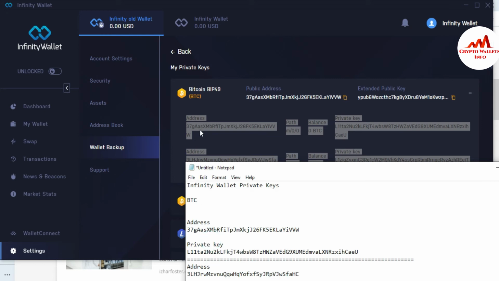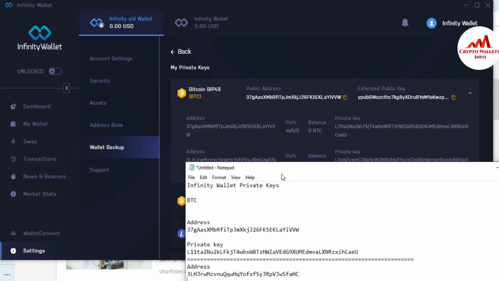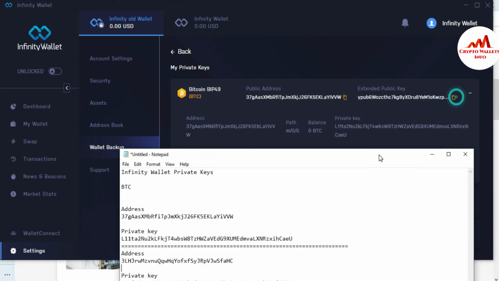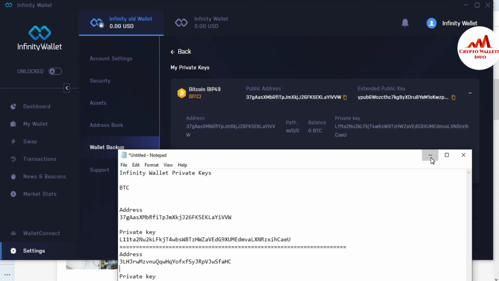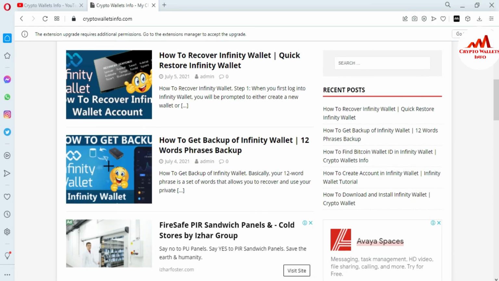37G, this is my Bitcoin wallet address number one, and this is my private key L11. You can see here it shows the L11, and I also have a second wallet address. You can see it here, and also the private key. So you can see here, you can easily find the private key of your Bitcoin wallet address or any other